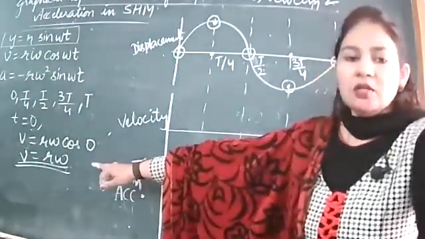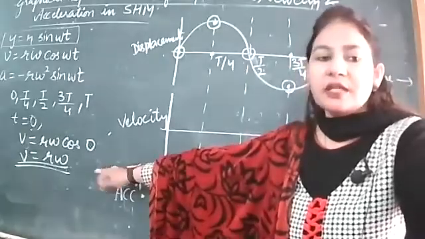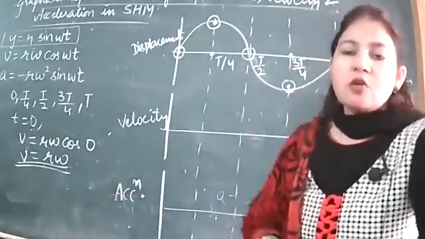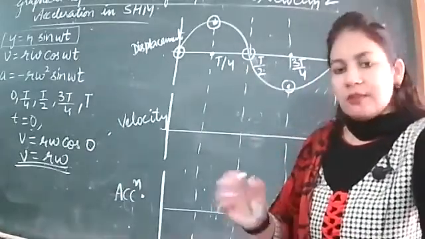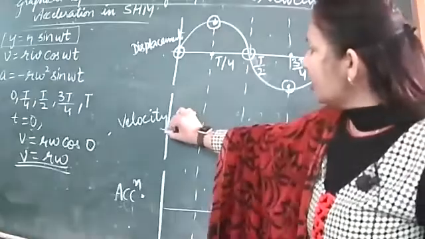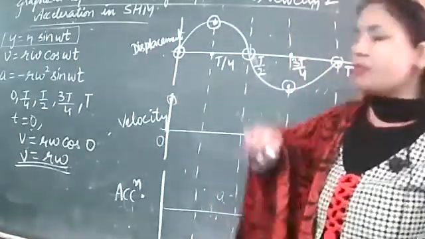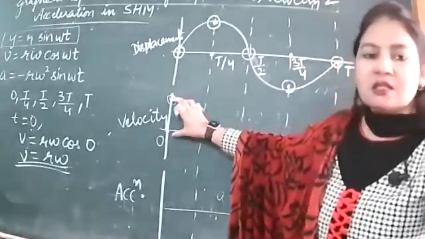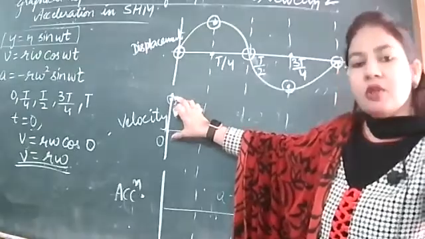Okay, so note this down. How much is maximum velocity? That is r omega. So that's why this r omega is called velocity amplitude. ठीक है, तो अब इसको पुट कर देते हैं. So corresponding to t equal to 0, we have some maximum velocity. So we mark this point here. Let us assume that this is r omega. Okay, so this is maximum velocity here.